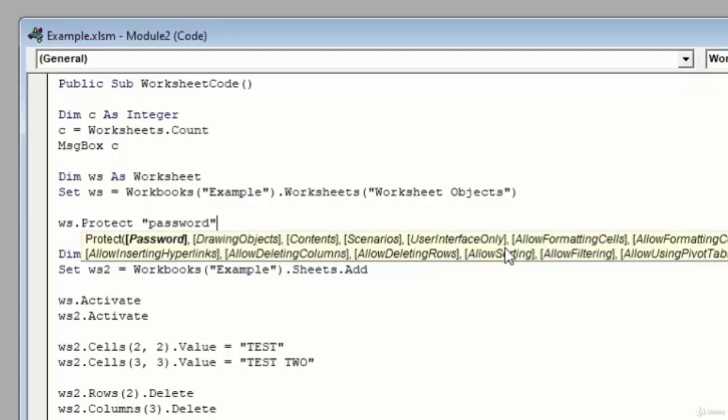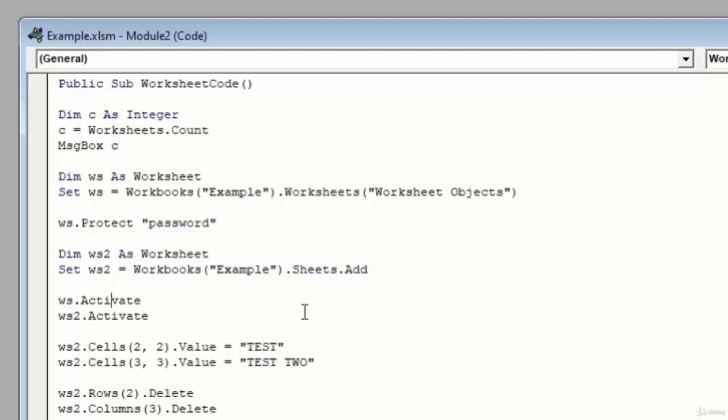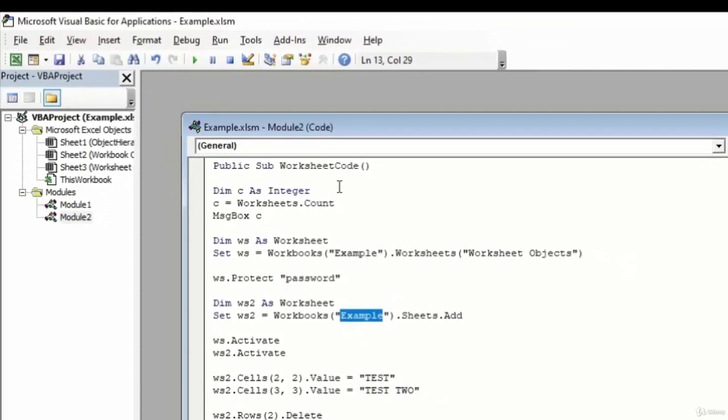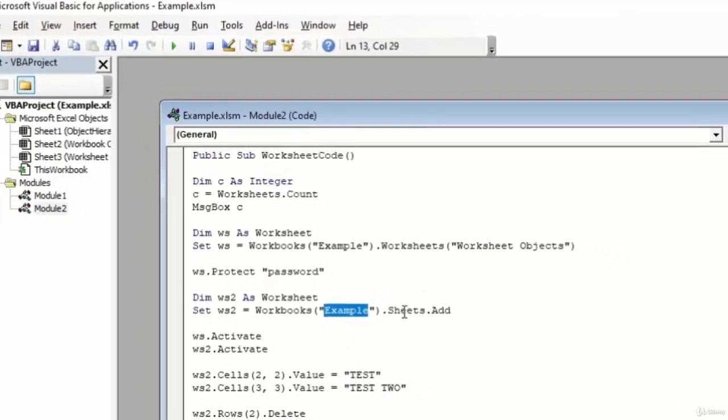In this case, I'm going to let all of those default to whatever Excel usually defaults them to, and I'm just going to apply the password, which I've just typed as password. Now I'm going to create a second worksheet. I've created a second worksheet variable, which I'm calling WS2, and I've set that worksheet variable equal to the same workbook, the only workbook that I have open. And this time I've used